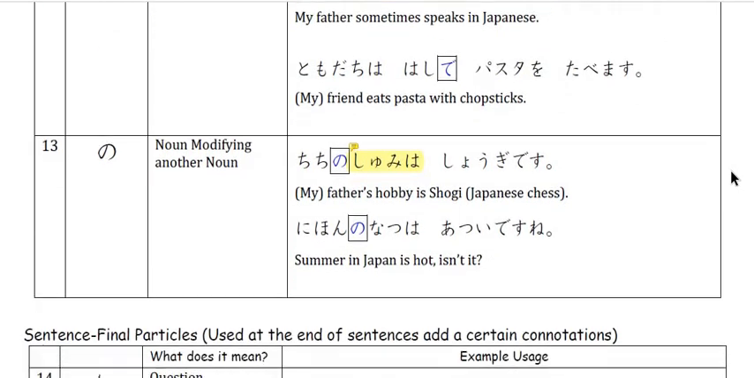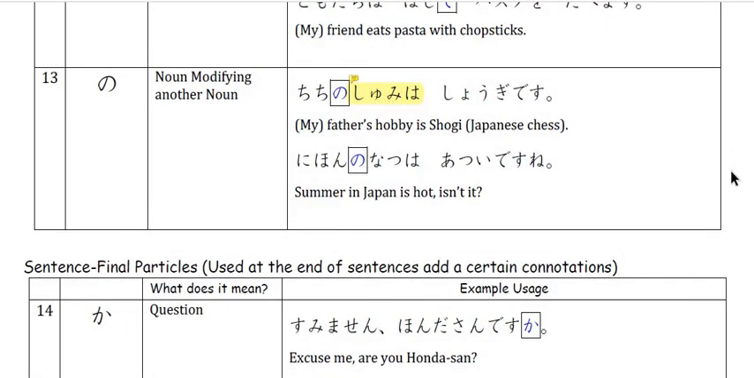So yes, we have the particle no. Now this no is a possession marker, or you can say it's a noun modifying another noun. Okay, I would say it does both the functions, but it is considered as one function. Okay, so if you want to say my father's hobby is shogi, shogi is the Japanese chess. Okay, so you would say that my father's hobby is shogi, to play shogi, or it's just shogi, it's one and the same. How would you say that in Japanese? You would say 父の趣味は将棋です。父の趣味は将棋です。